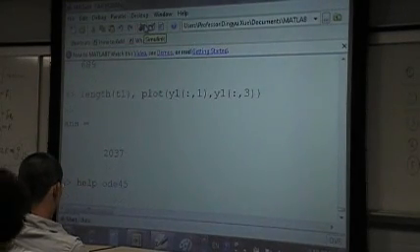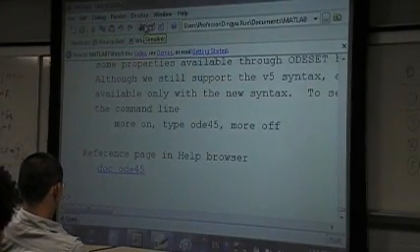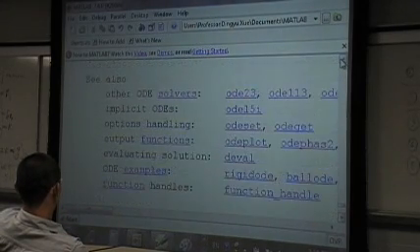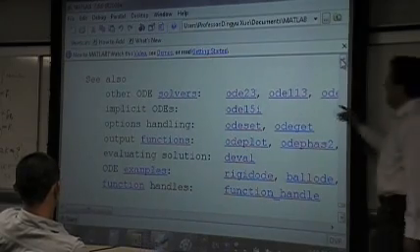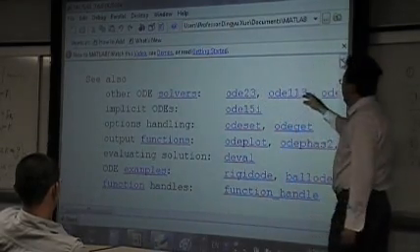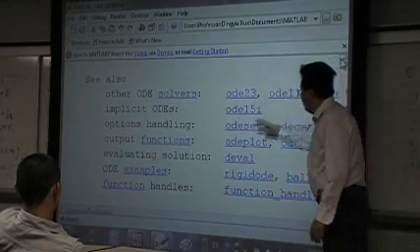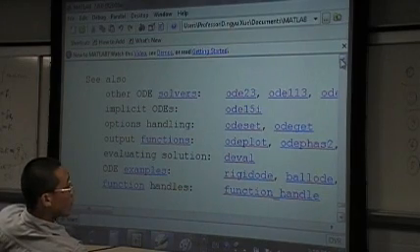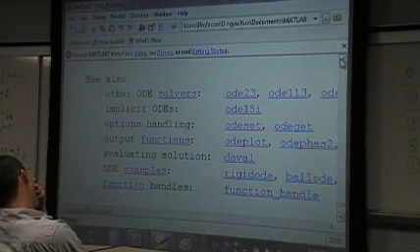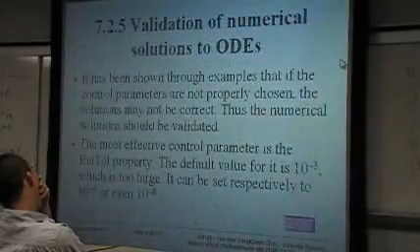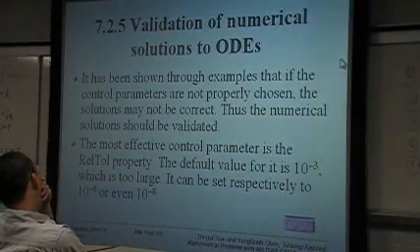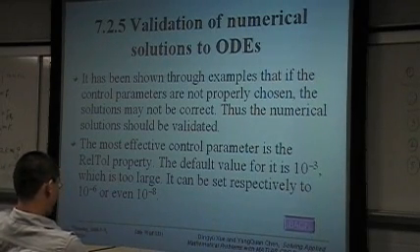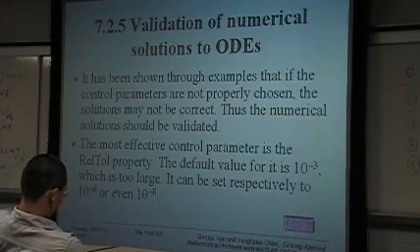If you type help ODE45, then you can see that there are many methods that you can use: ODE23, ODE113, and other methods. You can choose different methods to solve the problem and see whether they give consistent results. So this is the introduction to these numerical solutions to differential equations. However, in my presentation, I left one